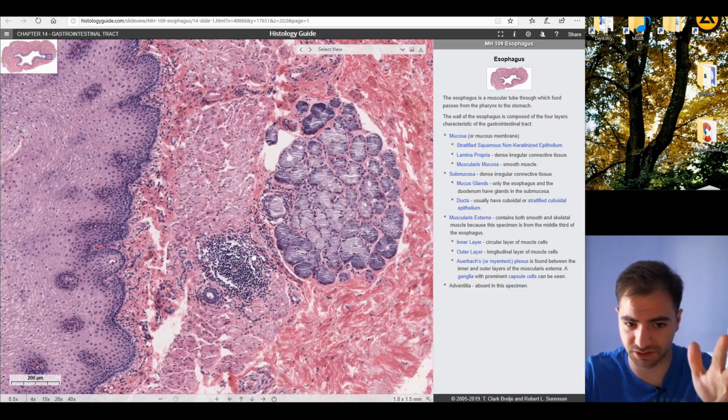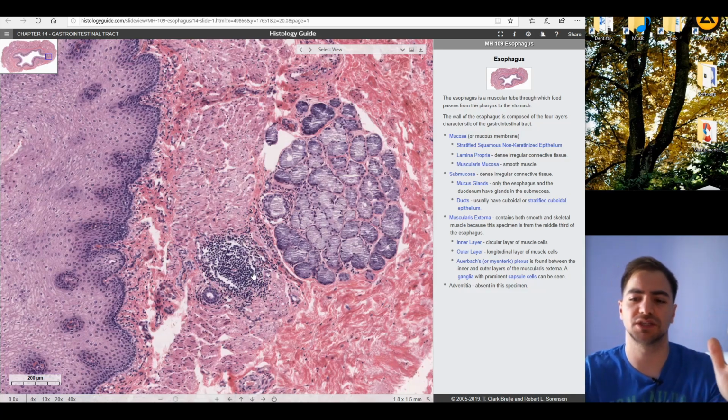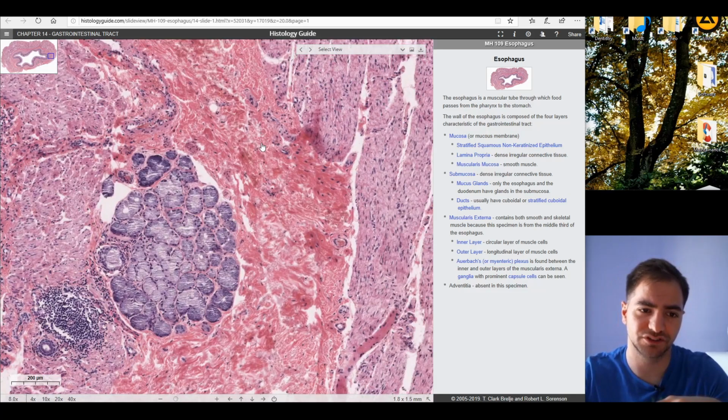Here, this is a specific finding only in this slide. This is an aggregation of inflammatory cells, specifically lymphocytes. If we zoom in, we can recognize the lymphocytes because they have a very high amount of nucleus and a very small amount of cytoplasm. Exactly beneath, we're going to find the